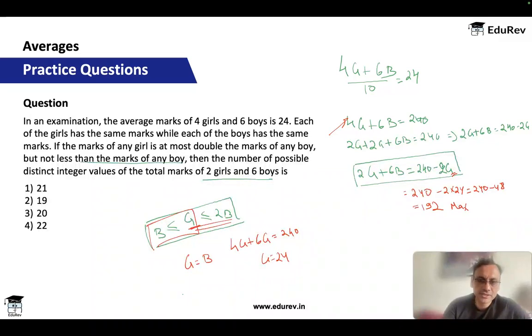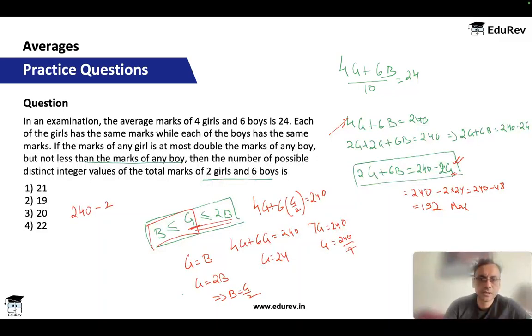Second case, let's take G is equal to 2B, which means B is equal to G by 2. So here if I do that in the main equation, I get 4G plus 6B, which is G by 2, is equal to 240, or 7G is equal to 240, or G is equal to 240 by 7. Okay, putting that here again, 240 minus 2G